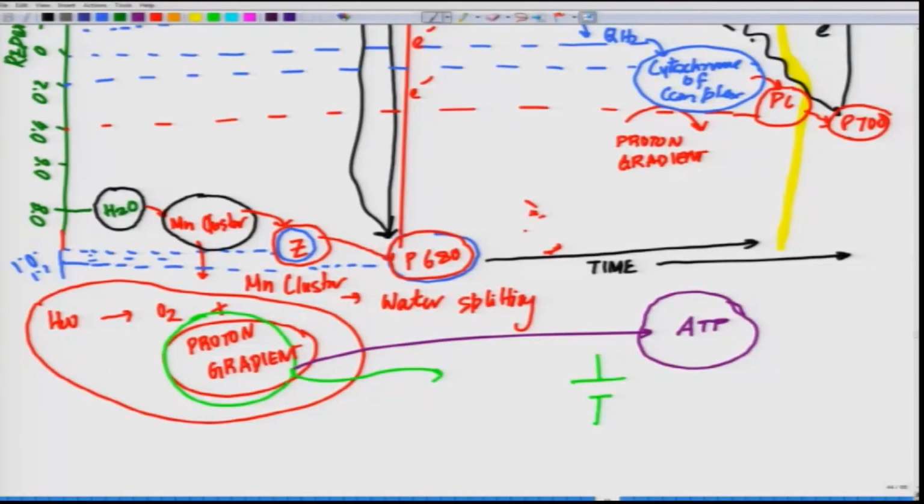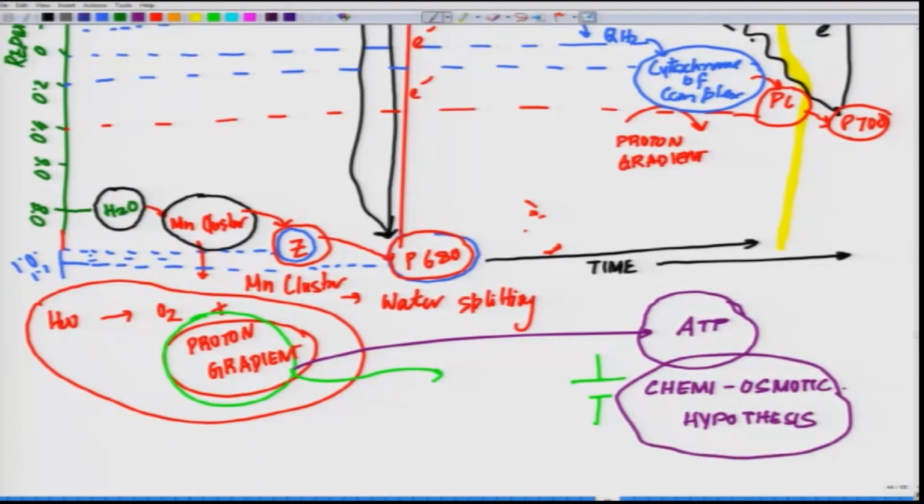Adenosine triphosphate is governed by proton gradient, and we will talk about how this is being postulated based on the chemi-osmotic hypothesis,